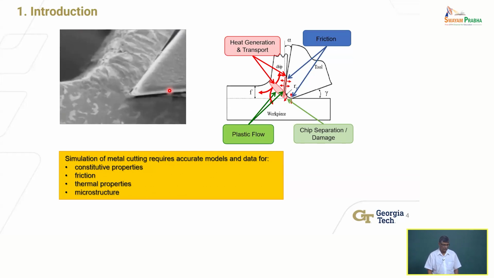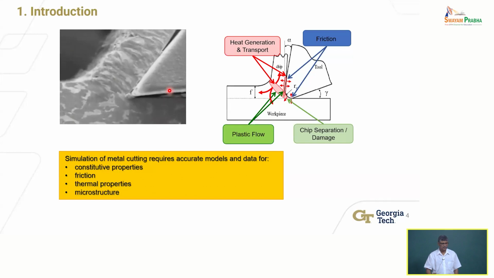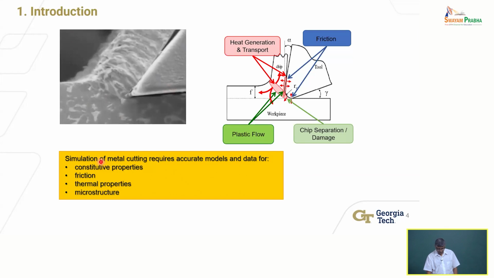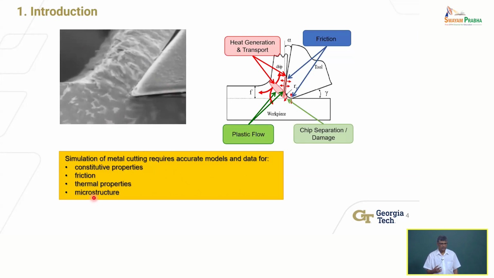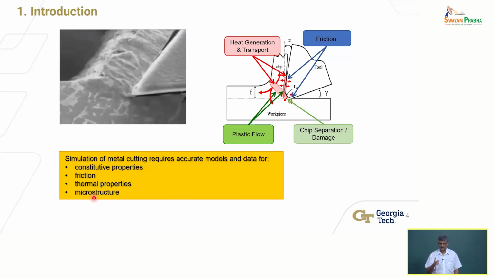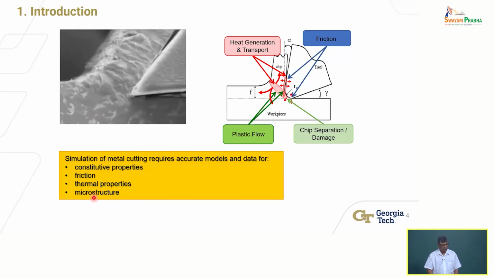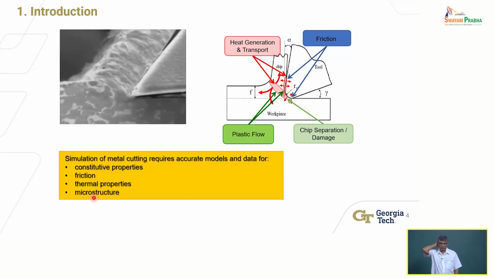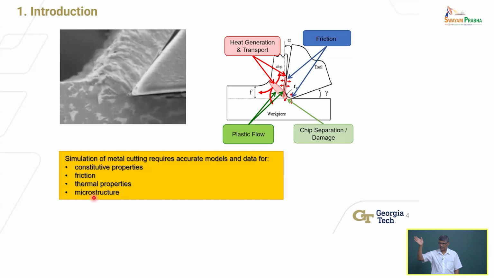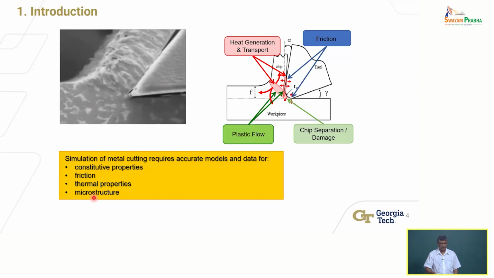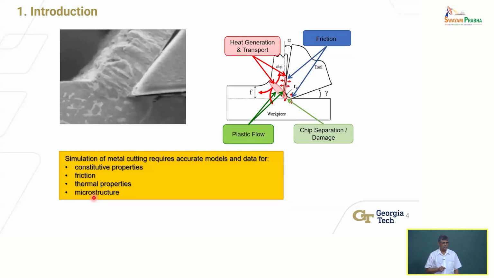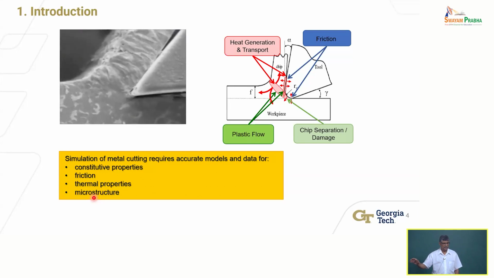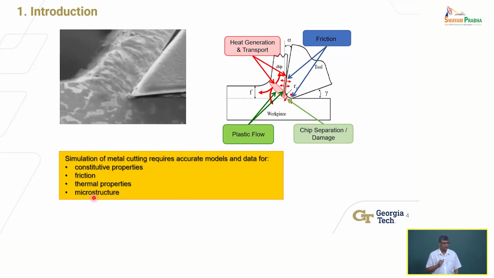Contact resistance, or the thermal contact resistance, and things of that nature also. In reality, they have to be considered, although they don't really consider that often. And then, of course, the microstructure: the starting microstructure of the material and how the microstructure changes. Ideally, I want to be able to also model and simulate the change in microstructure. Okay, why? Because microstructure is what determines the mechanical properties, right? So how I modify the microstructure of the machined surface will tell me what kind of hardness and strength characteristics that machined component will exhibit, right? At least in the near surface region.